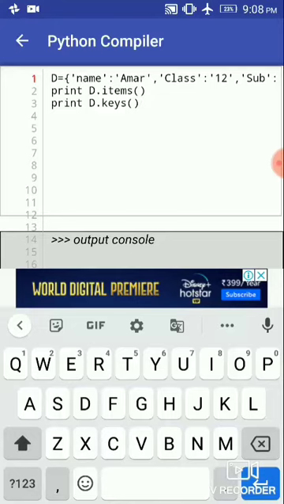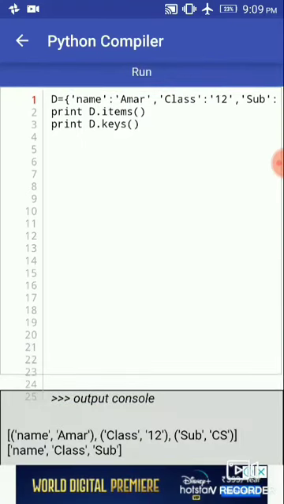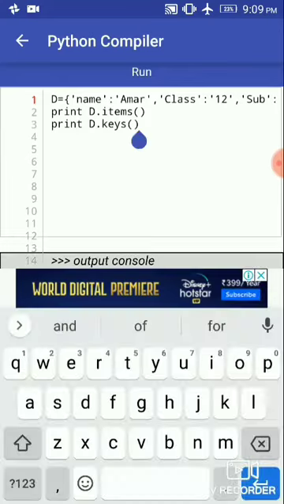It returns a list of the dictionary's key and value pairs in tuple format. Then d.keys returns the list of dictionary keys. So let's run this program and see the output. When we run it we get the key value pairs in tuple format, and in the second line we get the keys of that dictionary.